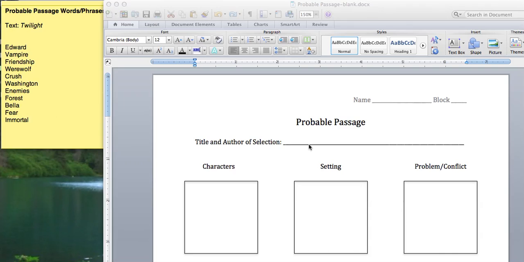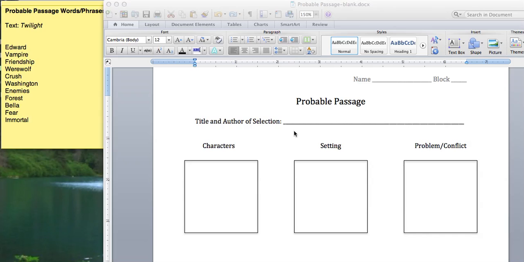So I just wanted to do a quick video of the probable passage strategy. I usually use it with multiple students at a time, but it's definitely adaptable to a one-on-one situation. And I like it because it's a good pre-thinking activity for before you read. And it also gives me a pretty good idea usually of what their vocabulary knowledge is in relation to the